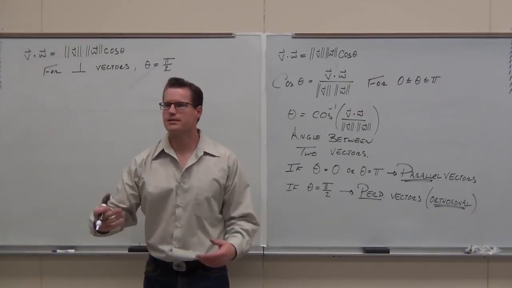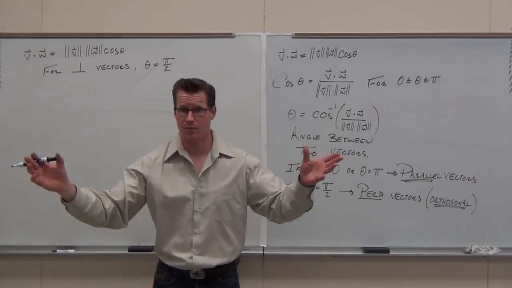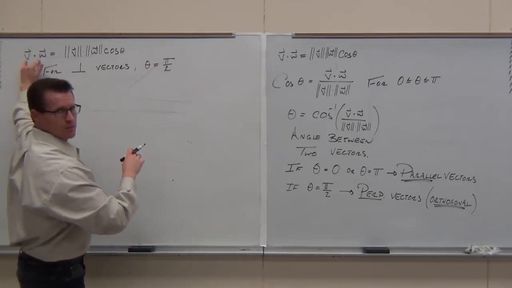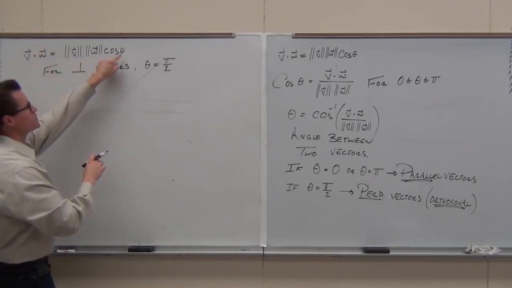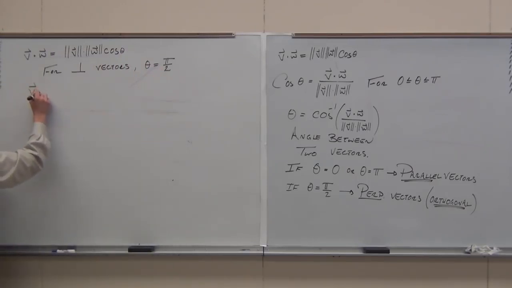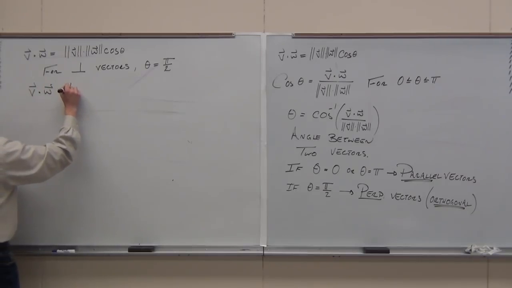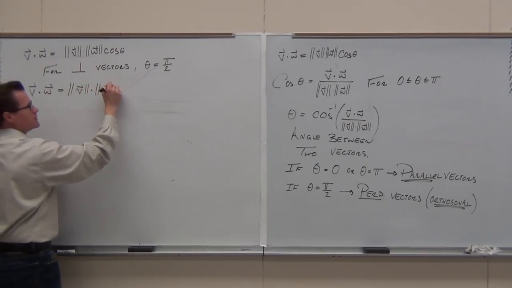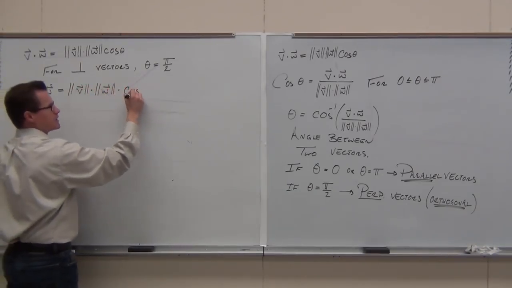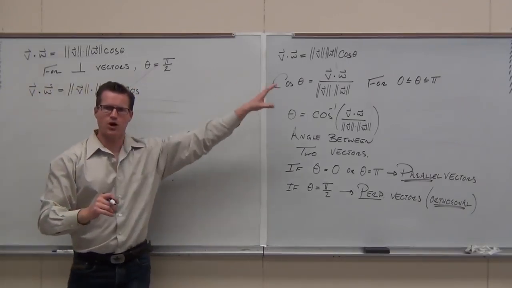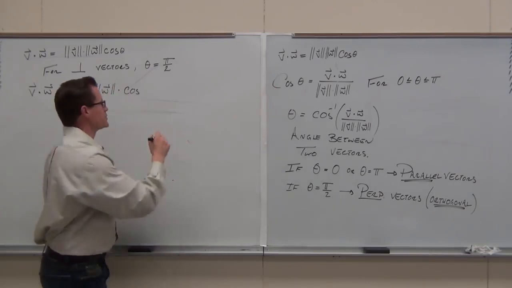Let's plug it in. Let's assume that V and W are perpendicular or orthogonal. Okay. So if V and W are orthogonal, then the angle between them is pi over 2. Nod your head that you're with me. Let's do it. So then V dot W would equal the magnitude of V times the magnitude of W times cosine. But wait. If you're assuming that V and W are perpendicular, and we know that the angle between them is pi over 2,